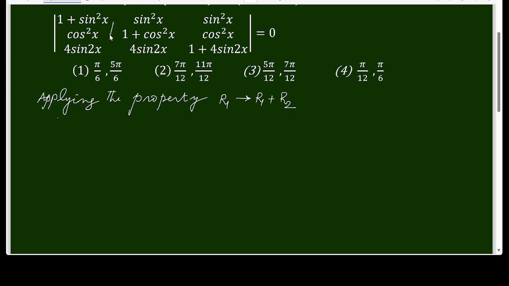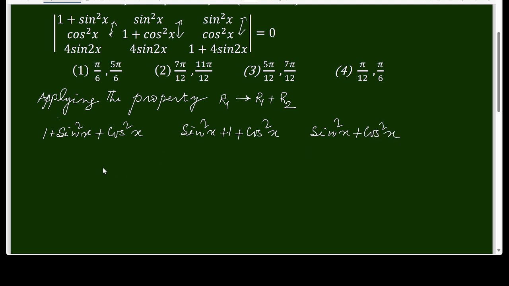That means I am adding these two rows and writing in row 1. So the first column will be 1 plus sine square x plus cos square x, the second column will be sine square x plus 1 plus cos square x, and the third column will be sine square x plus cos square x,